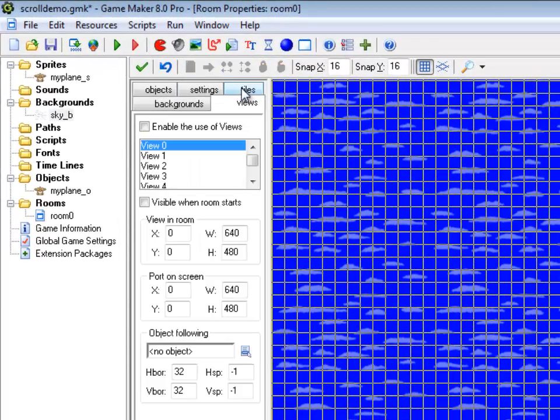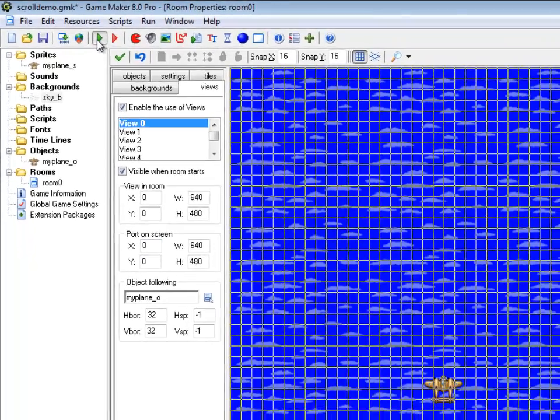So under the Views tab of the room, I need to set up a view. So a view is basically a smaller window which looks at a part of the room. To make this all work, I'm going to click this top checkbox, Enable the Use of Views, make it visible when the room starts, and now I would like to make sure that it's following this plane object. So down at the bottom it says which object you're following. Well, that's going to be my plane. So if I run this,